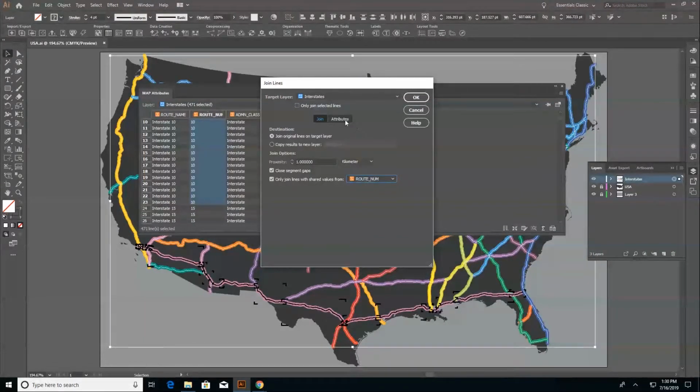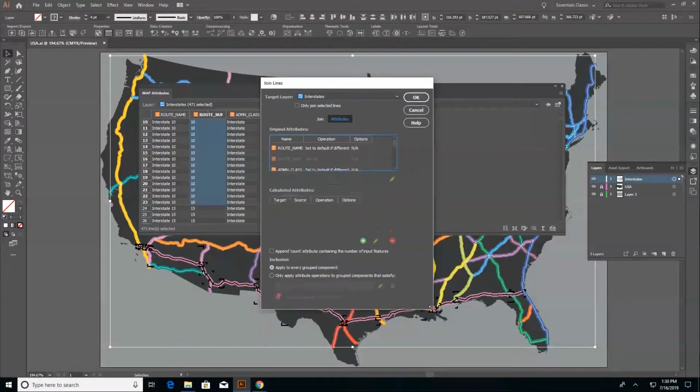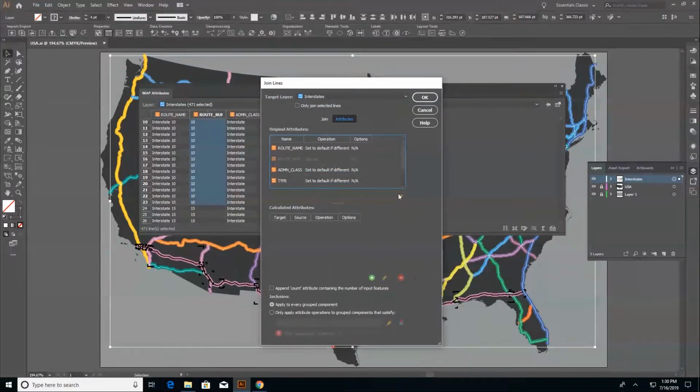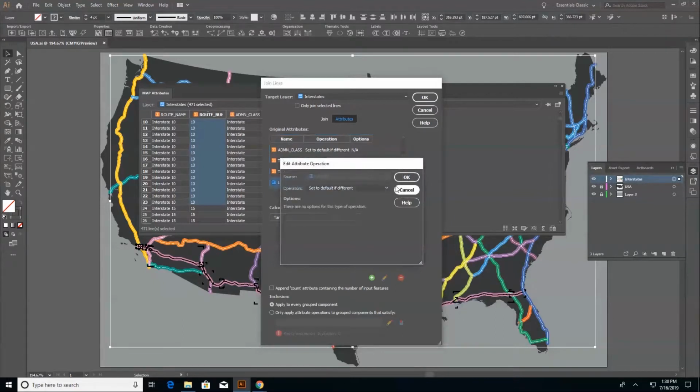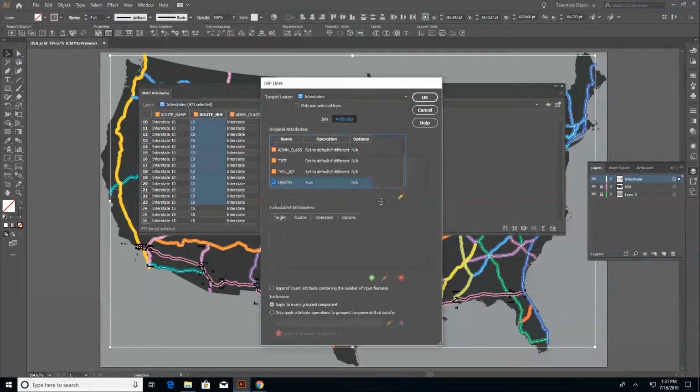And then there's also the attributes tab, which allows you to specify some operations to perform on other attributes. So the length attribute is, as you can probably guess, how long each and every segment of the interstate is. And a more appropriate operation would be to add them all together. That way I end up with a total length of my joined lines. So when I click OK,